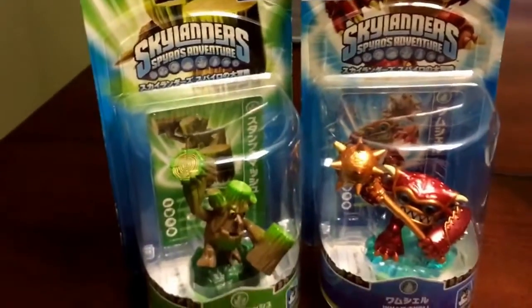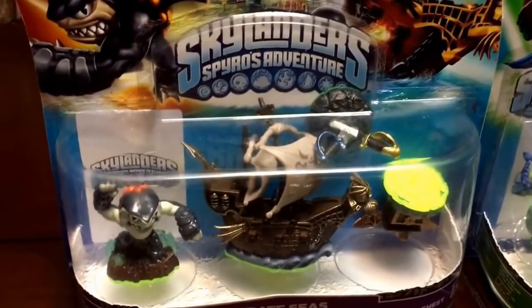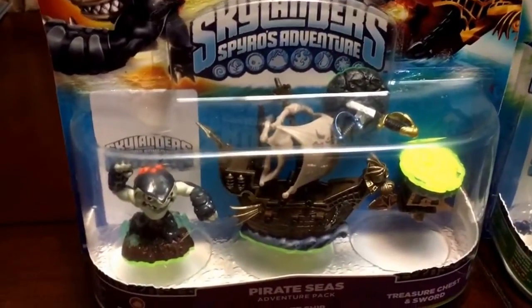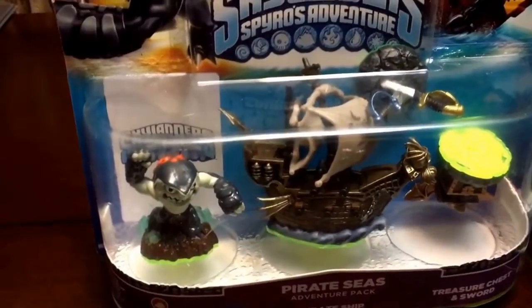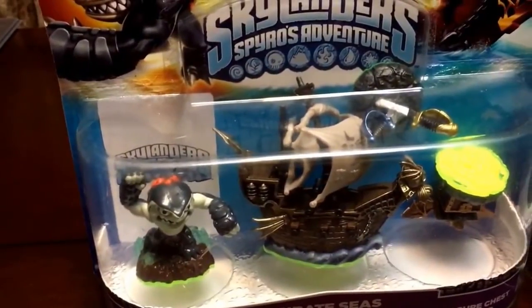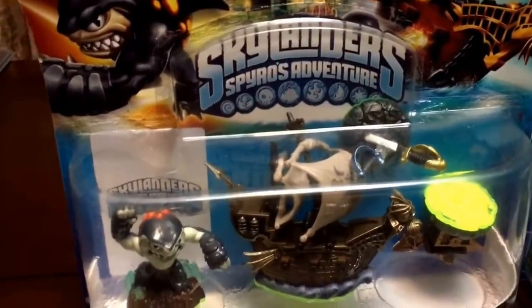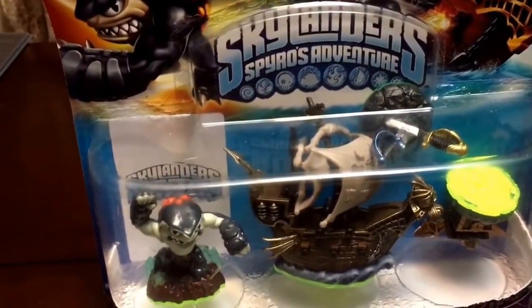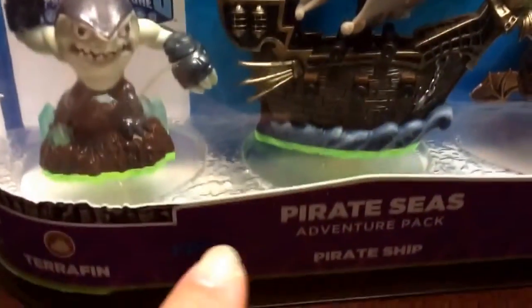So coming over here, this was an early on Spyro's Adventure. If you can see, the bottom of the base itself is different. The character, the ship, the sword. Now these are exactly how I got them. I haven't altered or changed anything with them. But what was interesting is the pre-production packaging of this, and you can see how it says on the bottom